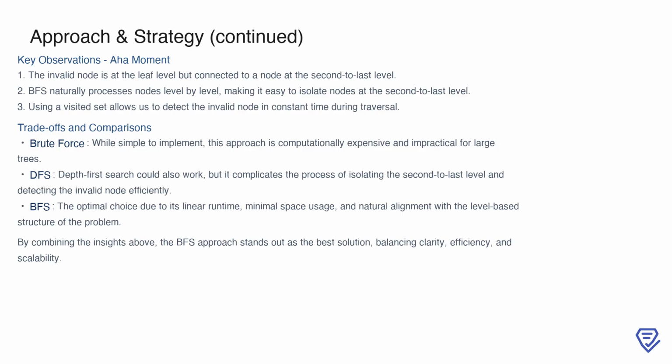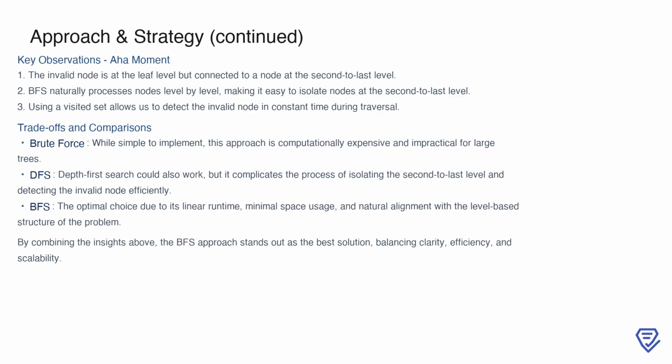When comparing different strategies, the brute force method, while simple, is computationally expensive and unsuitable for large trees. Depth-first search, or DFS, could also solve the problem, but it complicates the process of isolating the second-to-last level and efficiently identifying the invalid node. In contrast, BFS offers a linear runtime, minimal space requirements, and a straightforward alignment with the level-based structure of the task. These advantages make BFS the optimal choice for solving this problem, striking the right balance between clarity, efficiency, and